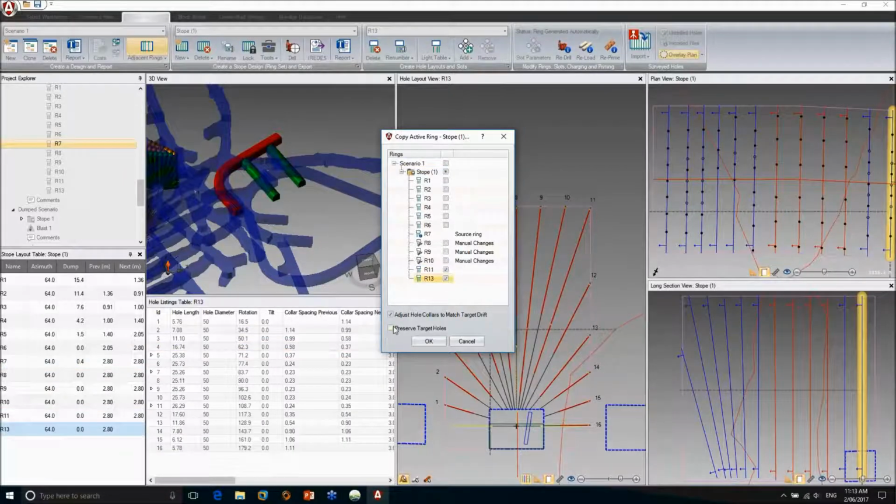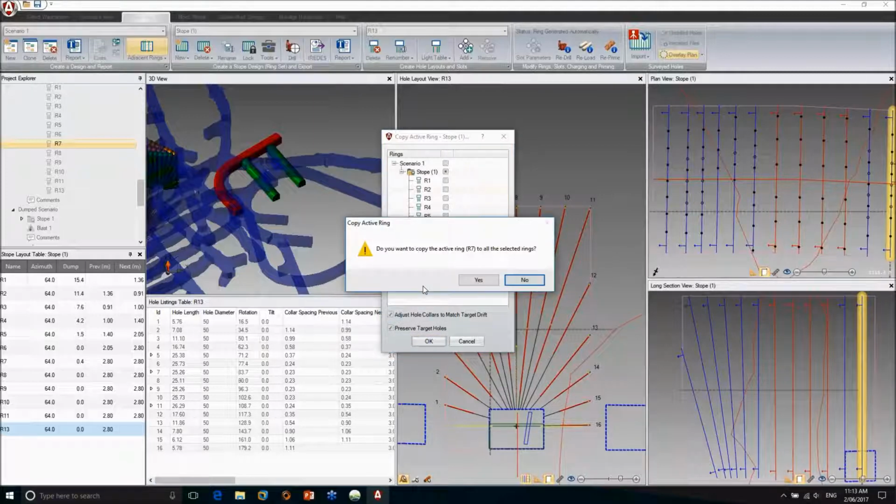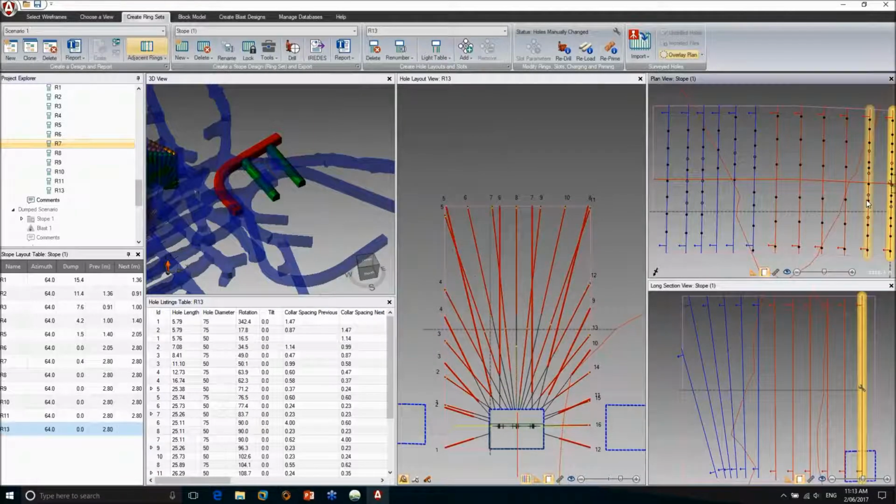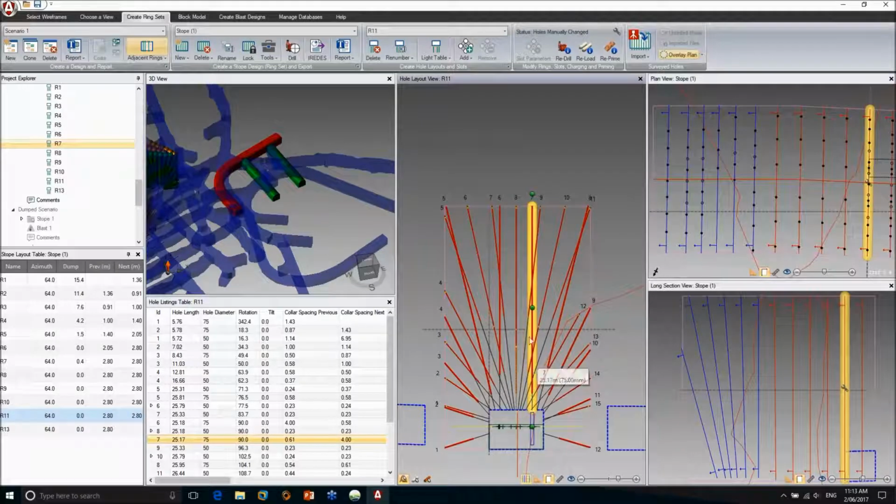If I want to copy my holes, what I will do is, once again, I'll select these other ones. But if you use preserve target holes, what happens is it will add the new holes to the ring, but it will also keep whatever holes were already there. So I'll just do that to one of those, or to both of those rings. So when I come to those rings, you can see both patterns that were existing, and then I can mix and match,